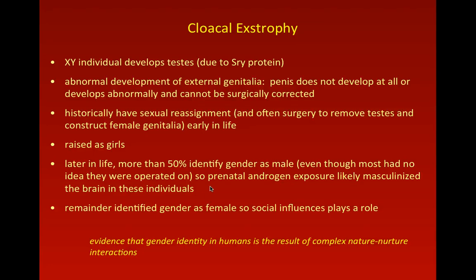However, I will point out that the other 50% identify their gender as female. So clearly social influences play a role. Being raised as a female and socialized as a female clearly is having an effect as well. So it's a little bit hard to pinpoint here because we can't do those kinds of experiments that we did in the rats, where you give them injections of different hormones at birth and see if you can switch up how people identify in adulthood. You can't do that in humans, so we can just draw the conclusion from this study that maybe